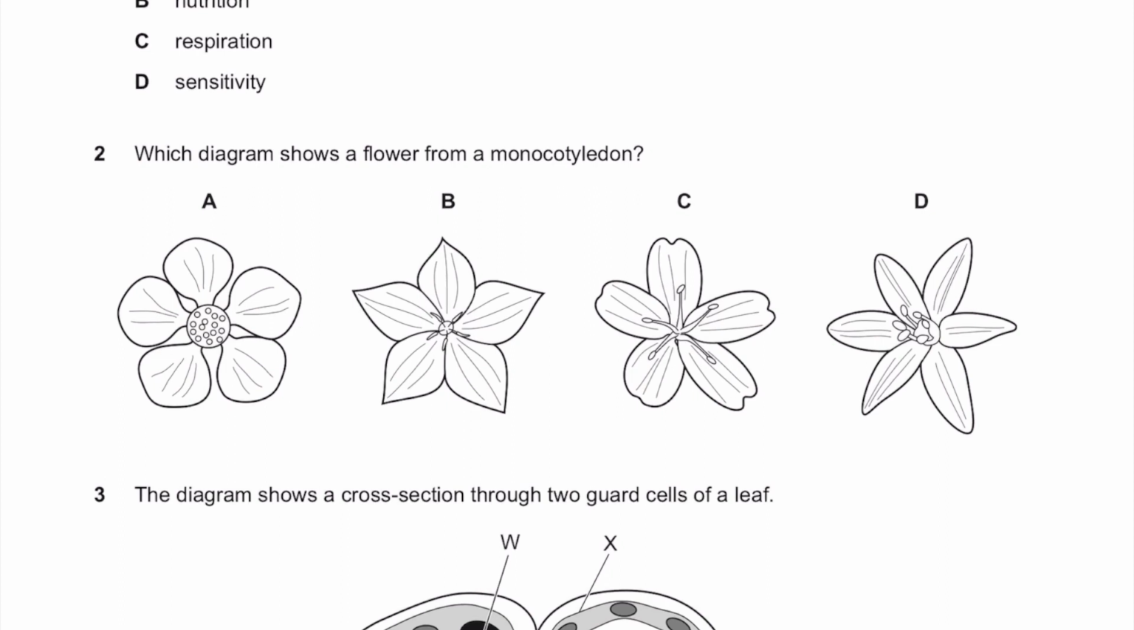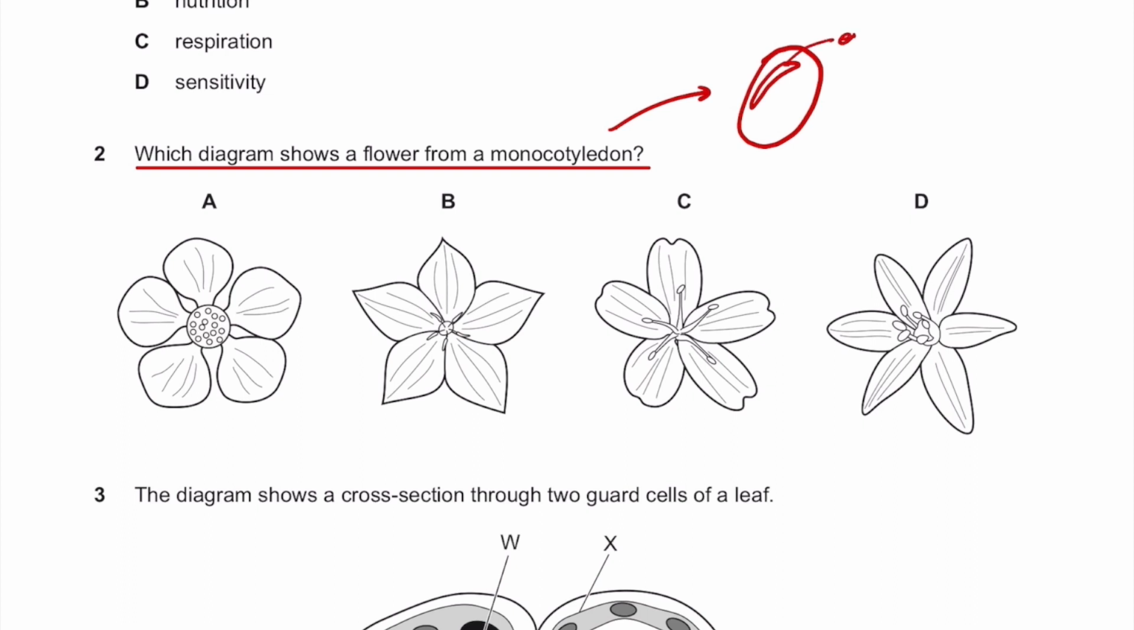Number 2. Which diagram shows a flower from monocotyledon? So monocotyledon means it's a plant that has one cotyledon in the seed. So in its seed. Okay. So this is the embryo part